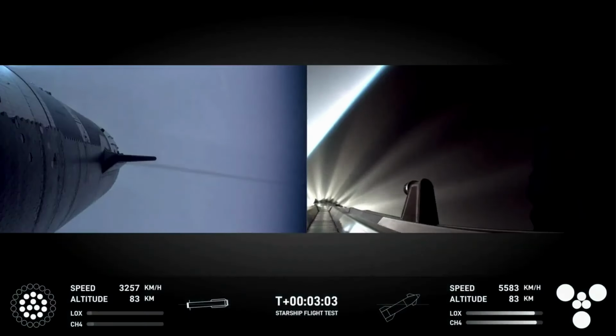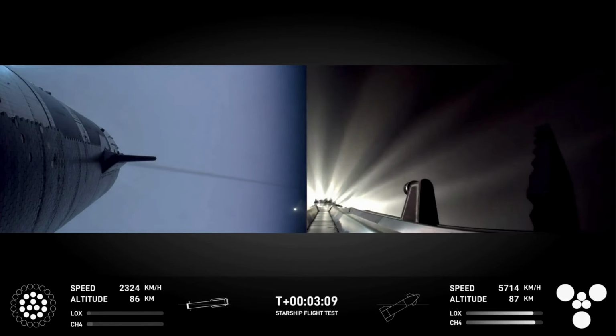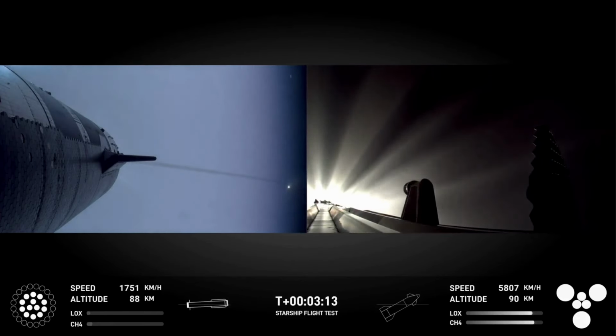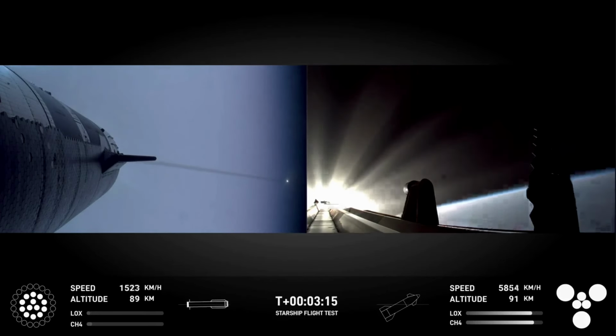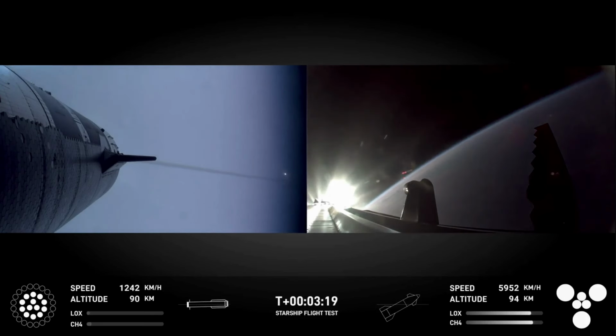Hopefully I got a booster on the way back to me. I'm going to send it to you guys in Hawthorne. Oh man, that was absolutely incredible. Chamber pressure is nominal. I loved how the crowd here in Hawthorne all went ooh at that first view of the blue flames from the booster. As you can see there,